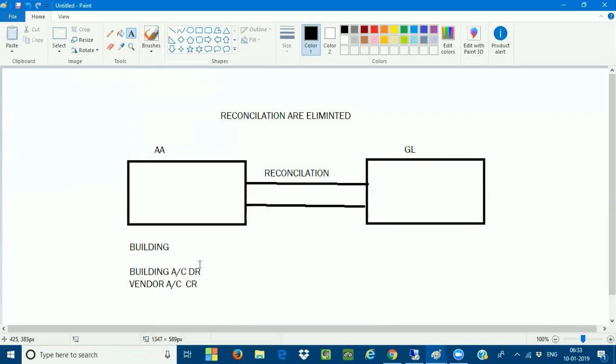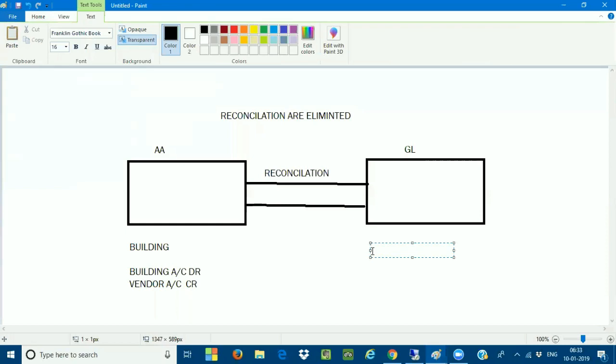Whatever transactions you post go through the reconciliation account, and those transactions appear in my general ledger. Today you posted the building account debit to the vendor account, your purchase. This is called acquisition of an asset. Now, when I open the document in my GL, we discussed that there is the entry view, and another one is the general ledger view, the GL view. This accounting transaction is called the entry view. If I go and see the document in my general ledger, I can see the entry view.